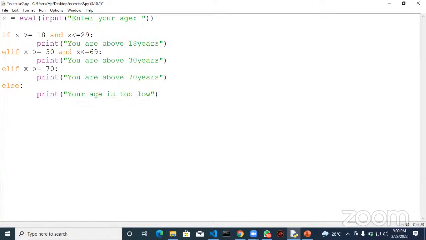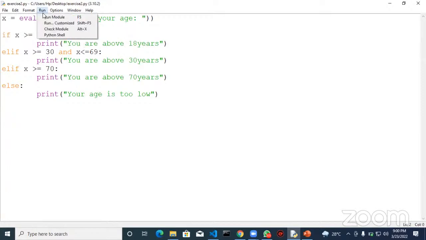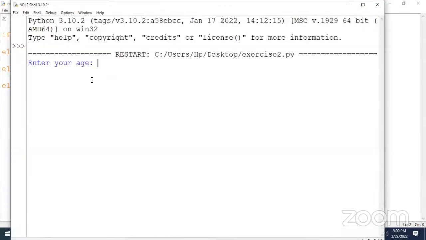I don't know if you understand what I meant. Let's just run this code again and use 18, and see. You are above 18, and it stopped there. The other one went ahead